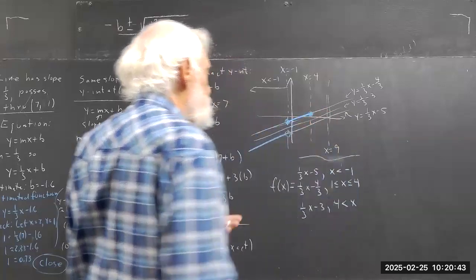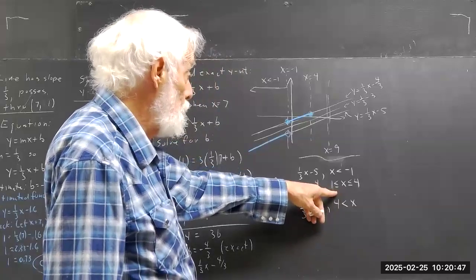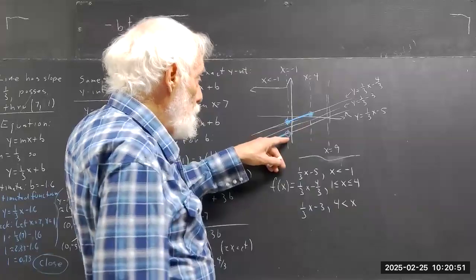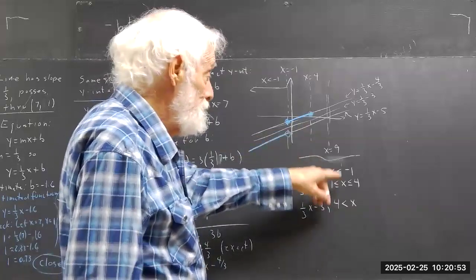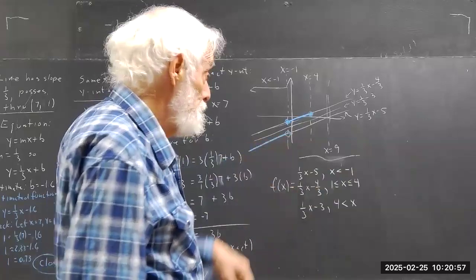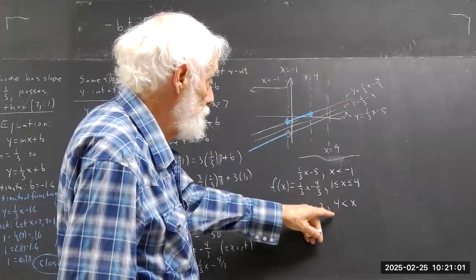These are closed dots because it's less than or equal. x can equal 1, so when x equals 1, we do include the point. We don't include this point because x is not less than -1 at this point, right? And then on the rest of the interval from 4,